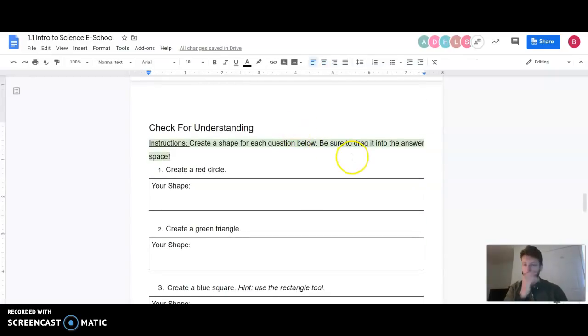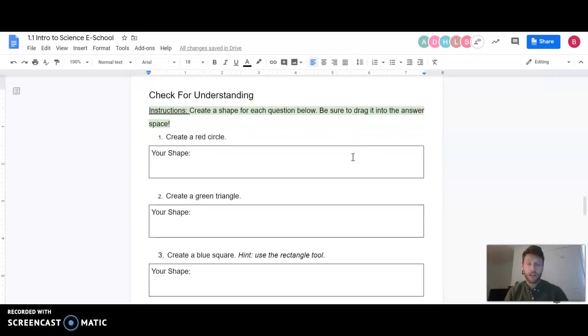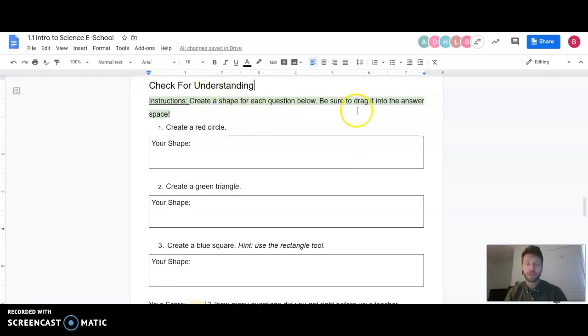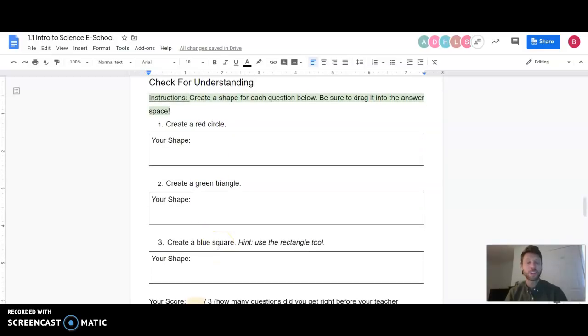We're going to move on to our check for understanding. We're going to have check for understandings almost every day in this class. The way it's going to work is we're going to read the instructions. You're going to do what each question asks, and then you're going to pause the video. You're going to answer all parts of the questions, and then you're going to keep going through the video because I'm going to give you an answer key at the end that you're going to be able to check your